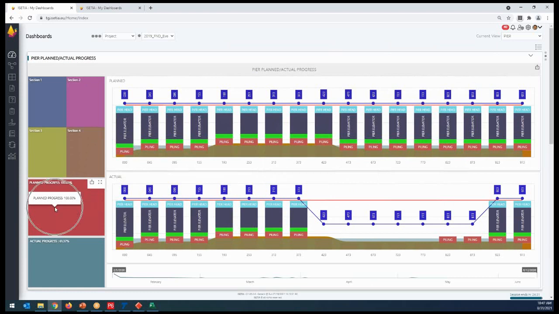On the date, planned progress is 100% and actual progress is 61%. And why is that? Because for the data entry date, plan was 100%, but actual is 61%.